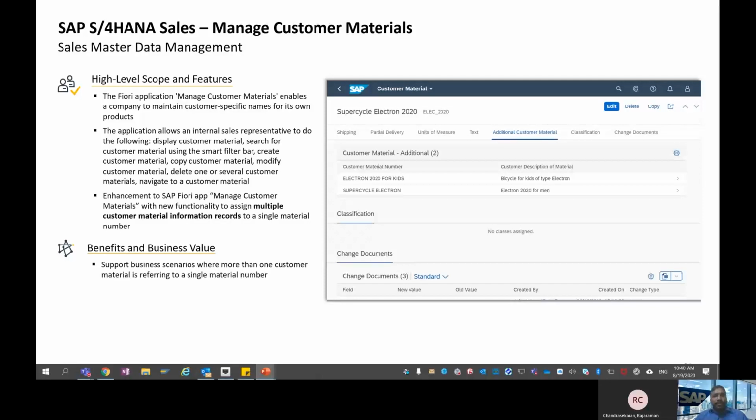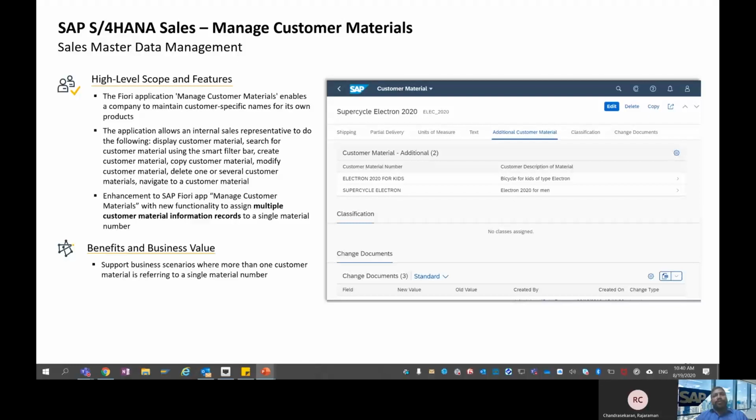The application allows the internal sales representative to display the customer materials, search for a customer material using smart filters, and also create, copy, modify and delete customer materials. It also helps to navigate between the customer materials.